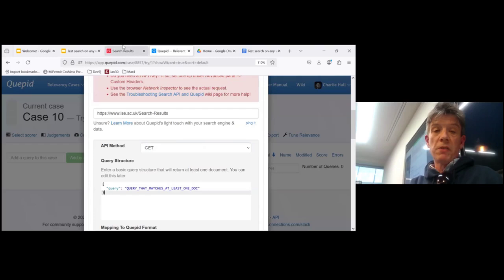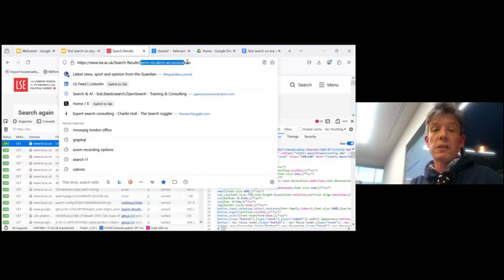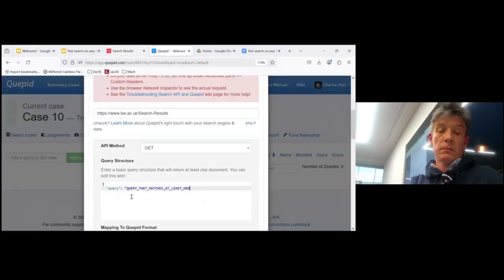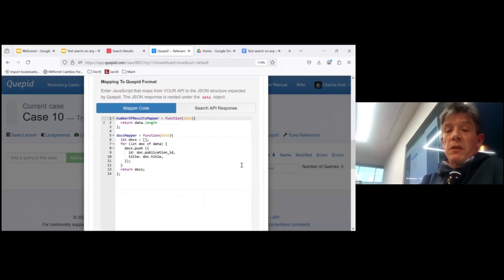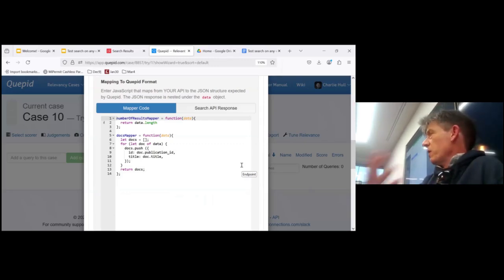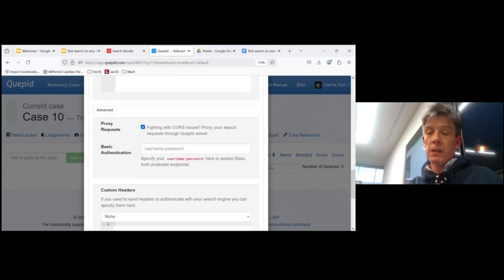And here, where I put in the query structure, just for now, I'm just going to grab this bit where it says how I format the term. Now, this is the interesting bit. This is the bit that actually turns this into something Cupid can understand. And there's an object called data, which is all the stuff that's come back from the search API in lovely formatted JSON. Now, in this case, it isn't lovely formatted JSON. It's a great big lump of HTML. So we're going to have to do something here to turn that into something we can use. I'll come to that in a minute. We're going to figure out how to do that first.